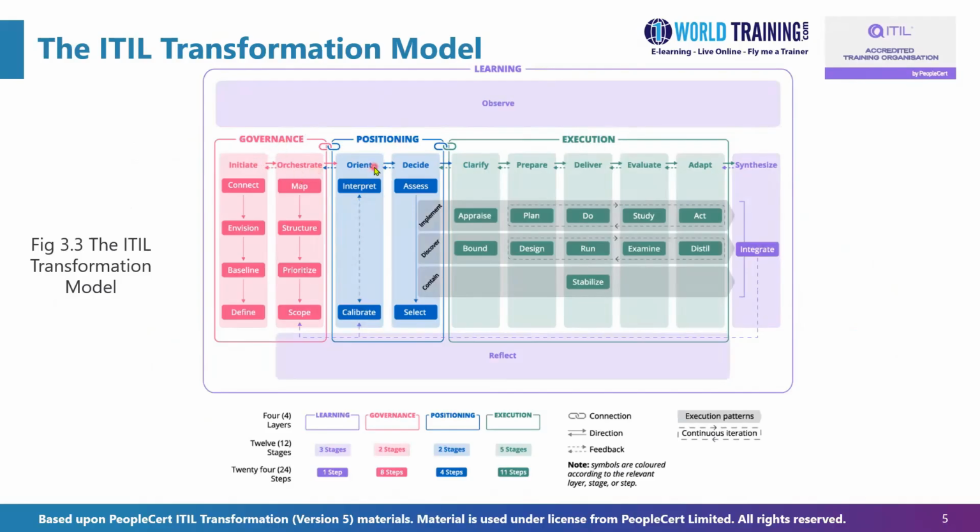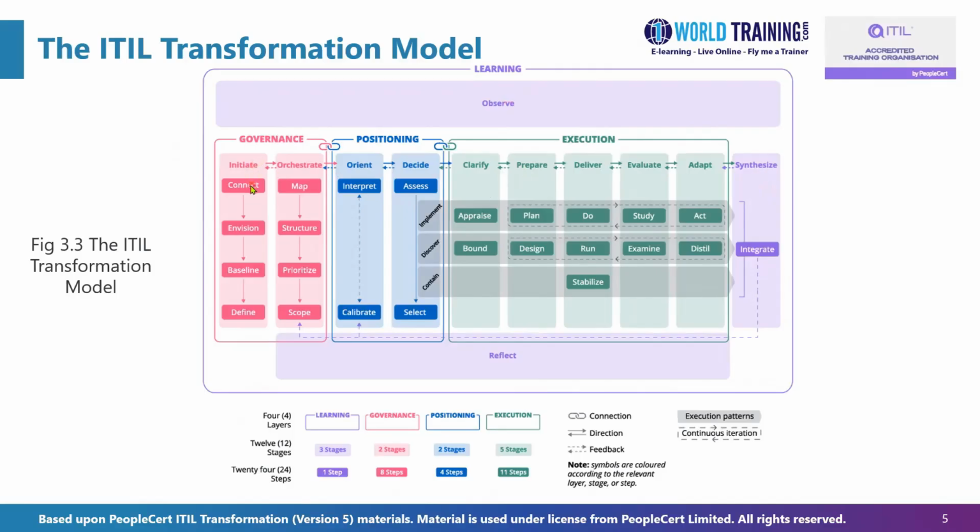Within positioning, we have orient and decide. In execution, we have more stages: clarify, prepare, deliver, evaluate, adapt. And in the learning layer, we have observe at the top, reflect at the bottom, and synthesize at the right. We also see